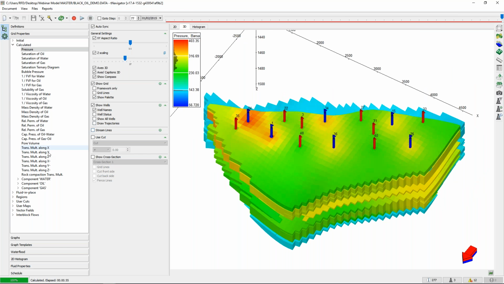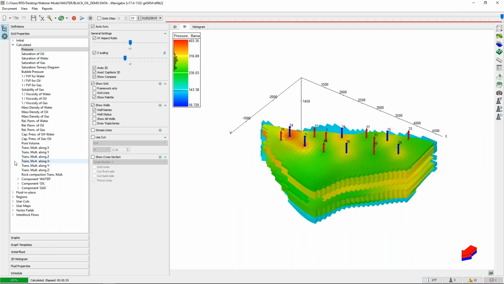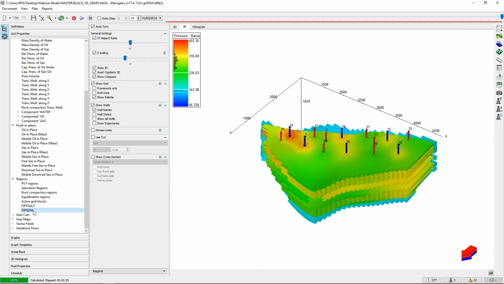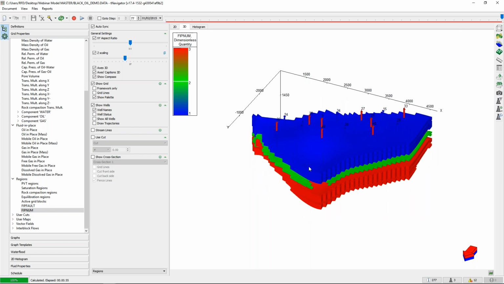We also have three FIPNUM regions in this. Going down the maps on the left-hand side, we have things like fluid in place, and we'll actually use mobile in place later on in the webinar. If I expand regions here, we have FIPNUM, and this particular model has three FIPNUM regions. What we can do is specify how to filter these and separate them out into three individual layers. We can use the cut just in the middle panel, and under cut it has